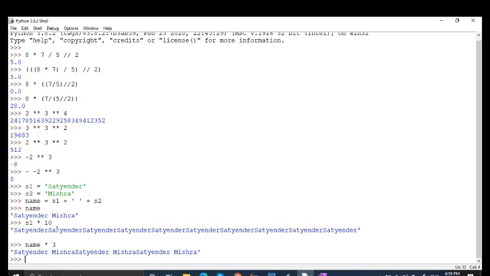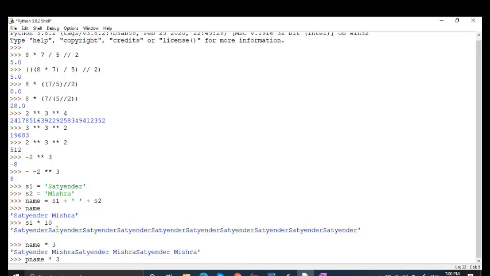No, it will not print the extra space in between, because we are replicating the variable, and we have to use this with a print command.